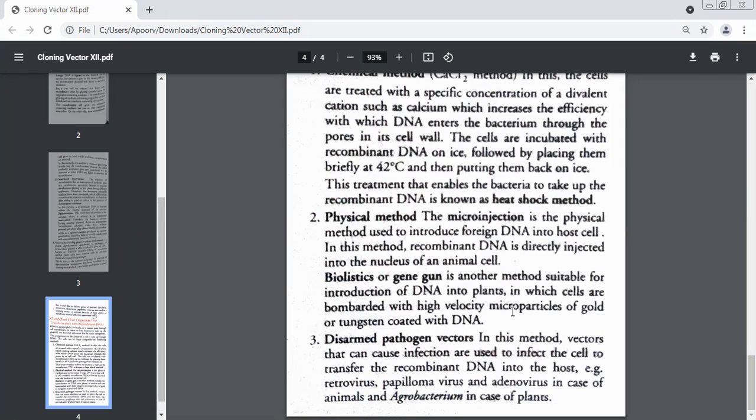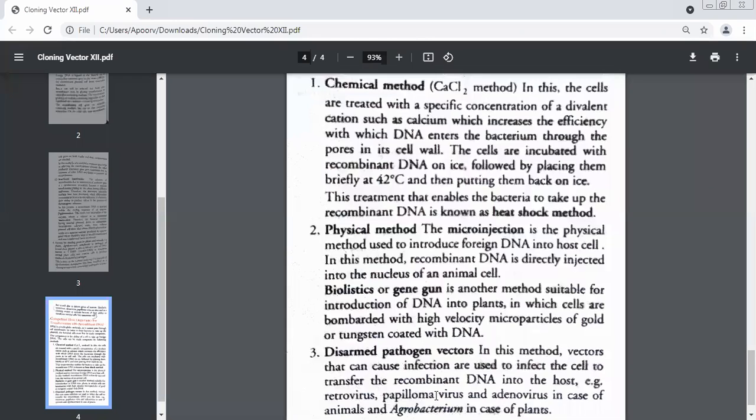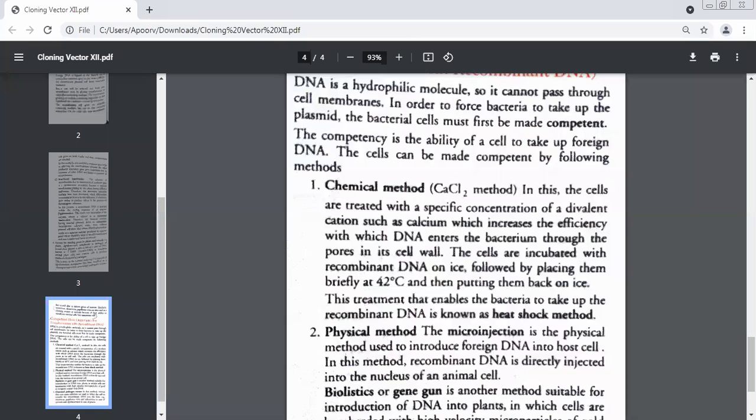Yes, the third one, disarmed pathogen vectors. Vectors which cause infection are used to infect the cell and they transfer the recombinant DNA into the host. So this foreign DNA is put in the host with the help of vectors. We just did this. Retrovirus, papillomavirus in case of animals, and which one in case of plants? Agrobacterium. So there are three ways of making your host competent. One is the heat shock method. First put in ice, then at 42 degrees Celsius,